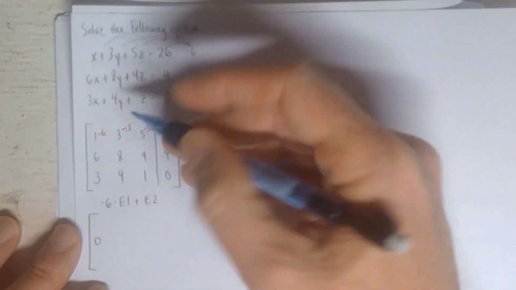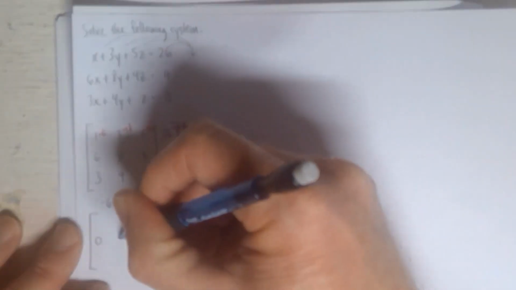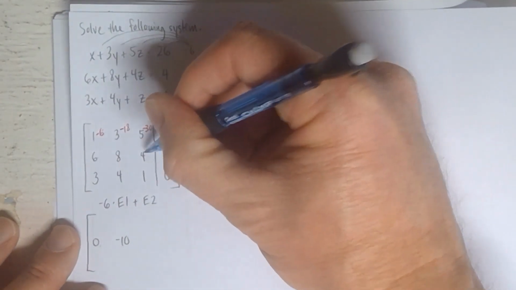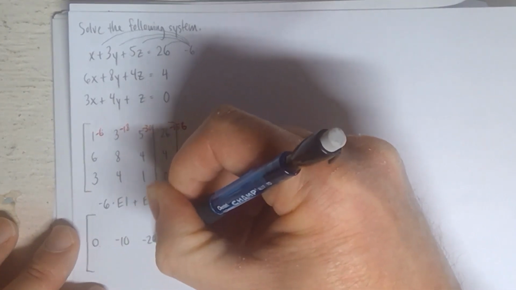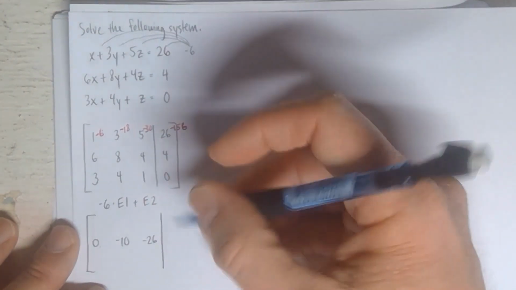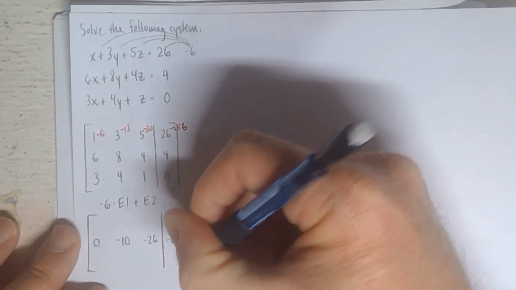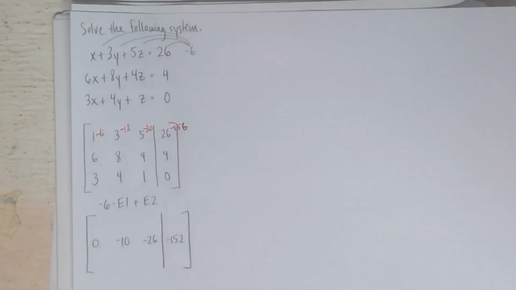Okay, so negative 6 plus 6 is going to be 0. Negative 18 plus 8 is negative 10. Negative 30 plus 4 is negative 26. Bring down that bar right there. And then negative 156 plus 4 is negative 152. Okay. And so now,